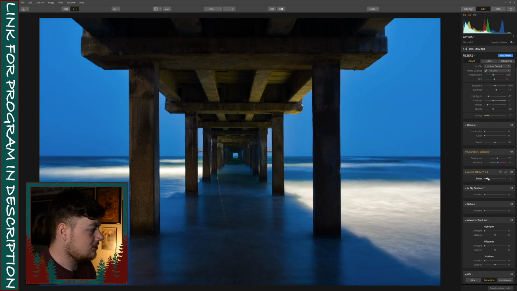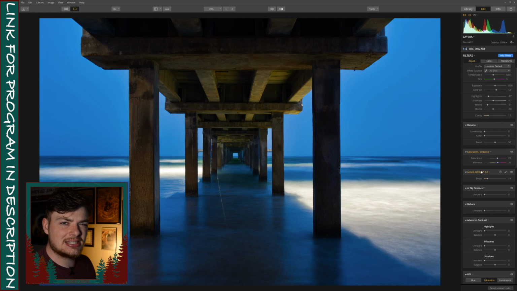Yeah, and then I'm also going to add a little bit of the Accent AI filter 2.0. Like I had mentioned in that video that I talked about this, the reason I like Luminar 3 is, one, it's just a one-time payment, so it's not Adobe's multiple payments. But they have really nice AI things kind of built in, like the Accent filter and the Sky Enhancer, which